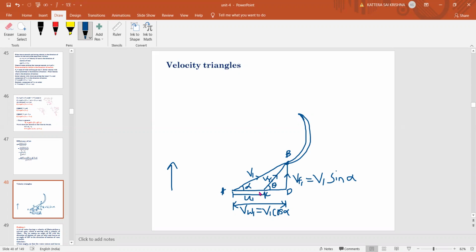we need to use the sine rule. I think you all know what the sine rule is; I will explain it afterwards, after finishing the outlet triangle. At outlet, the velocity with which the jet hits, vr1, will come out as vr2, which will be less compared to this one. So this will be your vr2, coming out.